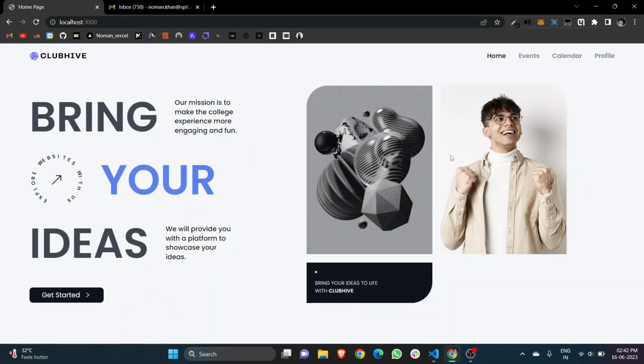Hello there. I'll just walk you through what this project actually is. So, in a college, if a president of a club wants to host an event, he has to take care of two things. First of all, he has to get the approval of the dean of academics, the mentors, and